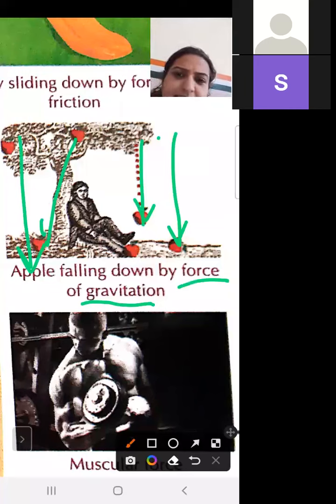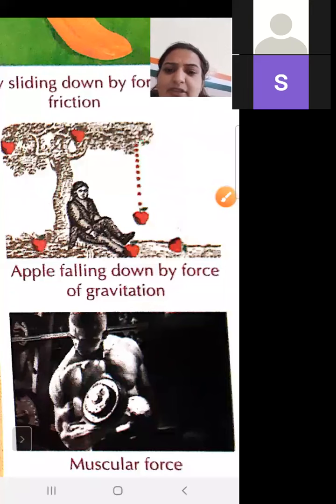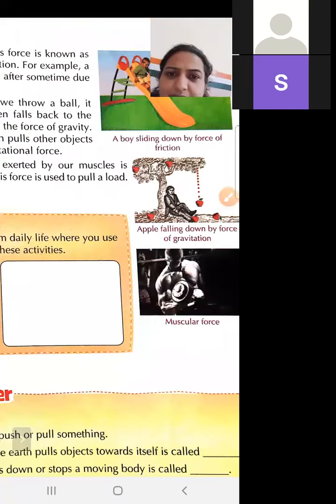So why are these apples falling down? ये apples क्यों नीचे गिर रहे हैं? Due to force of gravitation. And what do you mean by force of gravitation? अर्थ सारी चीजों को अपनी तरफ खींच रही है. And this is due to force of gravitation. So next is